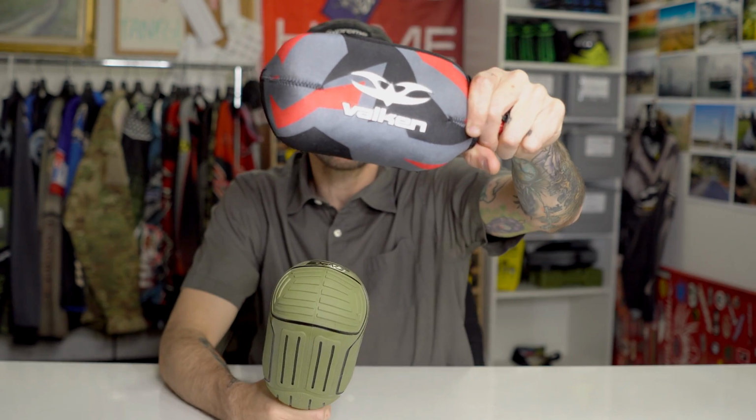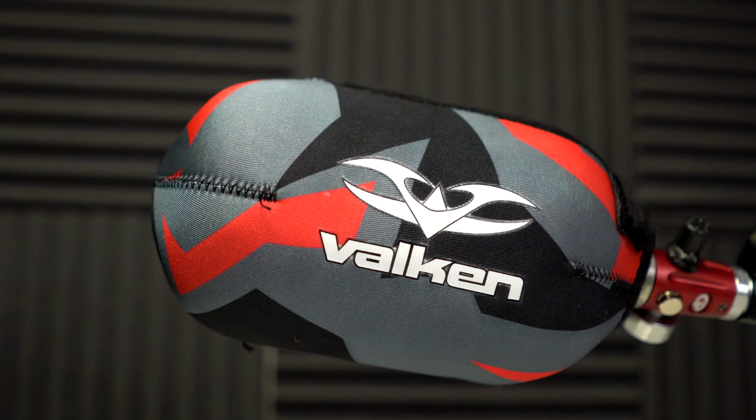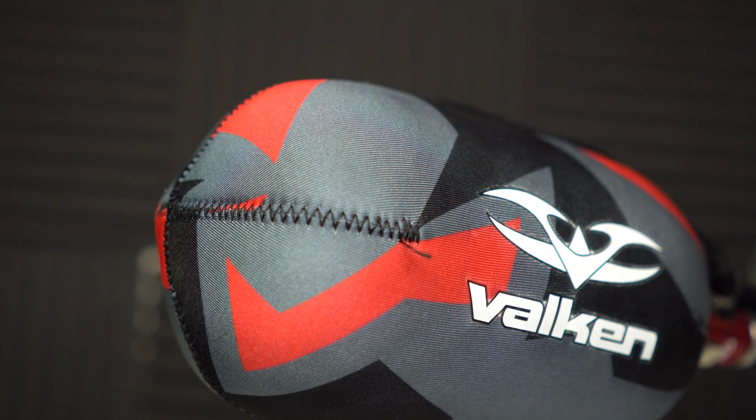Really, when we talk about tank covers, there's like two options. There's either Exalt rubber style ones that pretty much cover the whole tank, or neoprene tank covers that are like classic tank cover style that are made by a couple different companies. So that's the Valken 68 tank cover, and then that is an Exalt tank cover in medium for a 68 tank. The Valken tank cover is definitely just simple, really. It's just a cover. Adds a little bit of grip, but still not going to be as good as the